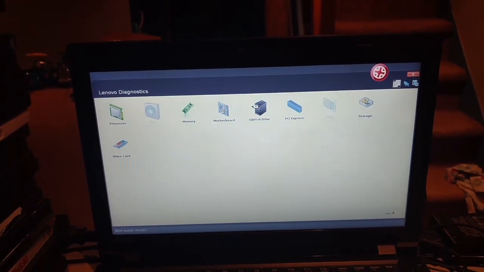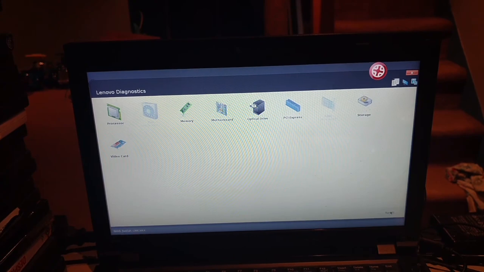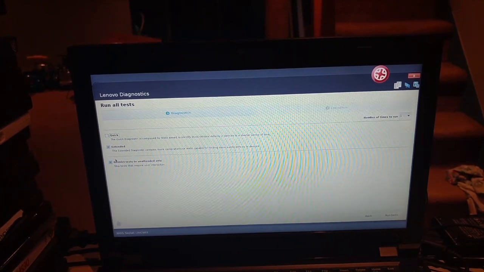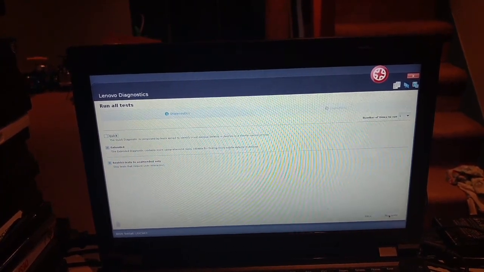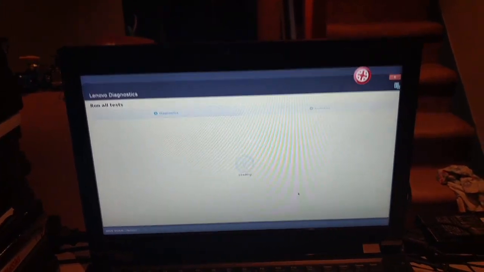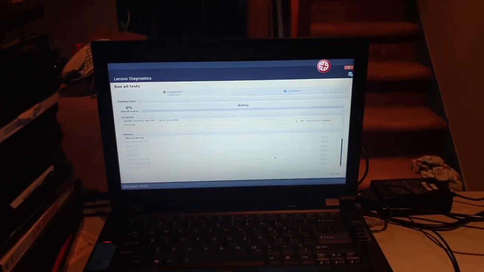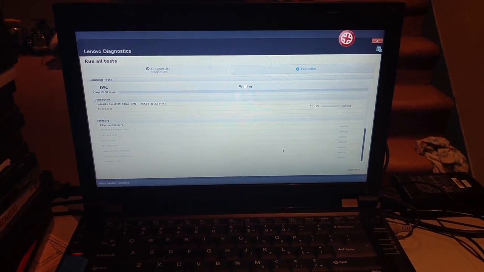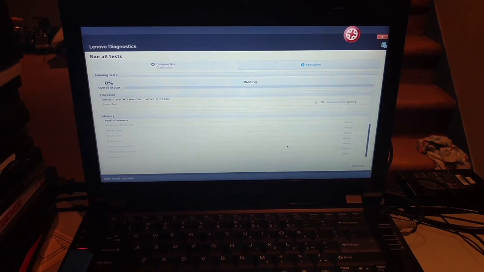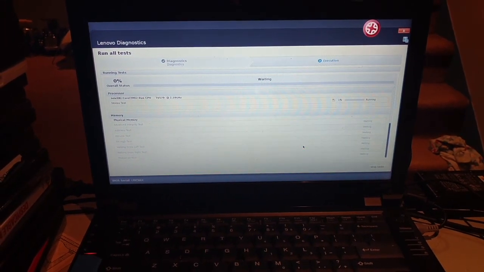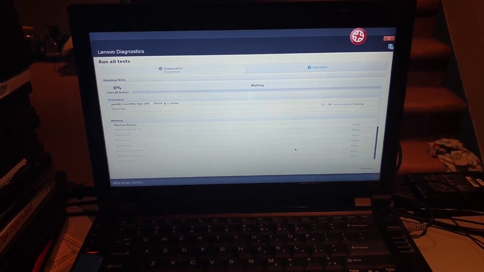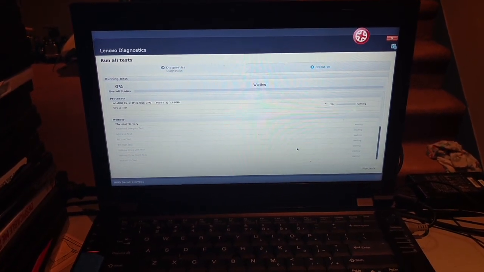Video card. So on this one, I'm going to run all, and I'm going to do an extended, and we'll do quick and restrict to unattended only, and we will run test. Obviously, I'm not going to show the whole test. I'm assuming this is going to take a long time. As you can see, it's an Intel Core 2 Duo CPU, so it's a kind of crappy computer, or at least I'm not a fan of the Core 2 Duo. But anyway,